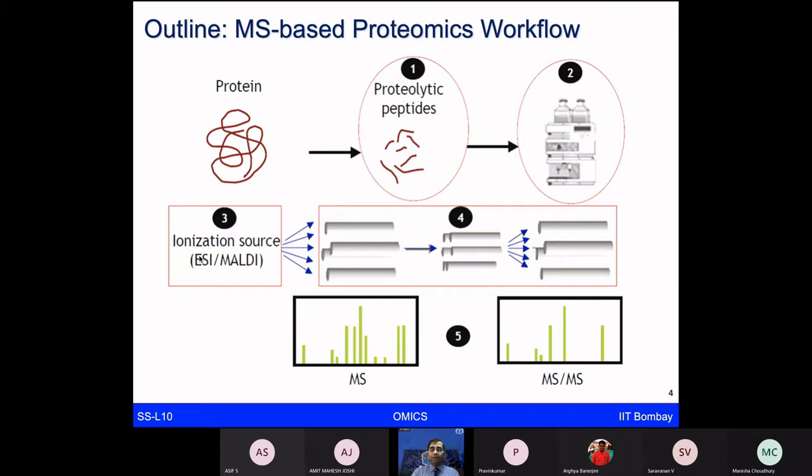And then once these ions are formed, you want them to move in the mass spectrometer with the mass analyzers to analyze these mass to charge ratios, with the different configurations of these mass analyzers. We talked to you about quadrupoles, time of flight, Orbitraps, ion trap, different types of mass analyzers that can be used. Or one could also use hybrid configurations like QTOF, where you have quadrupole with time of flight, or TOF with time of flight.